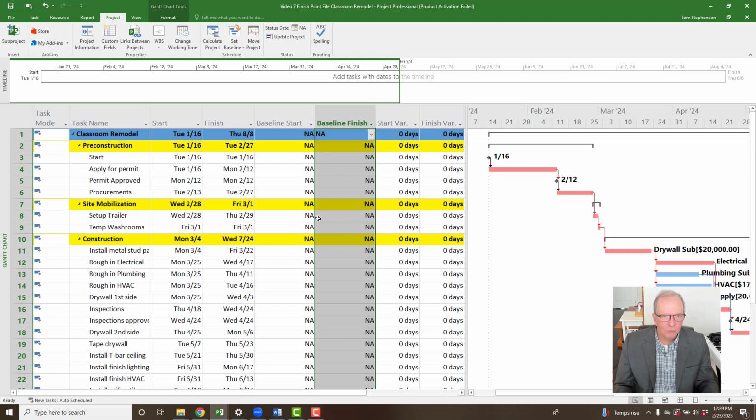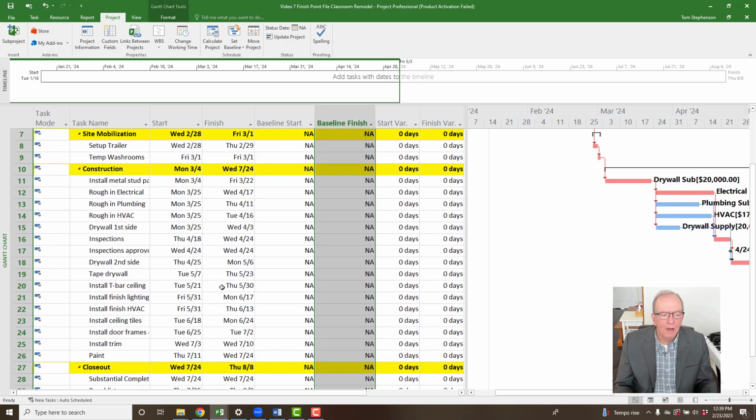So we can't really update a schedule and compare how we plan to what's actually going on unless we set the baseline. So this is very important. If you miss this and then you start updating, you're going to wonder, why don't I have any variances? Why doesn't it tell me what the difference is? Well, you never told the program, we're ready, set the baseline. So you set it once you're happy and you feel that you have all of the information in the project